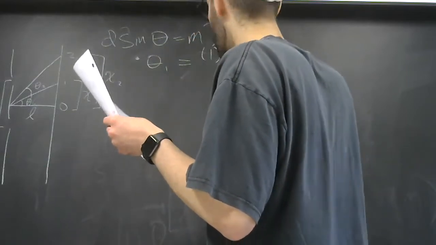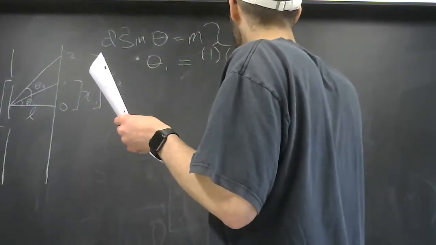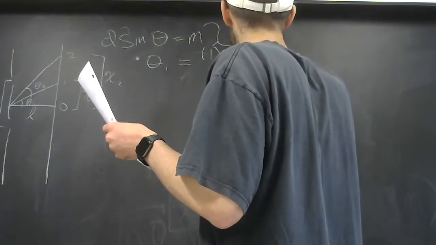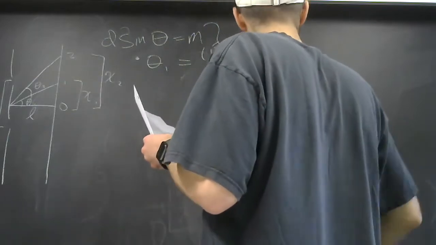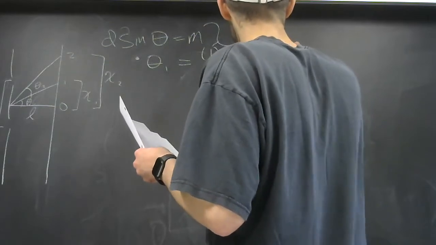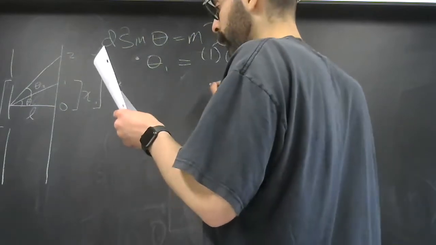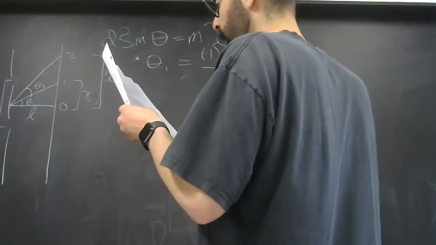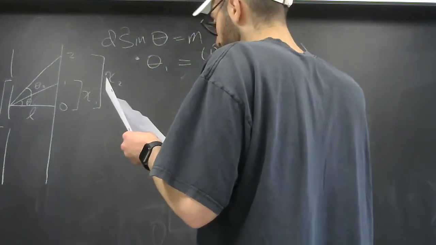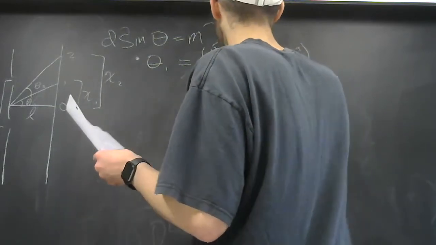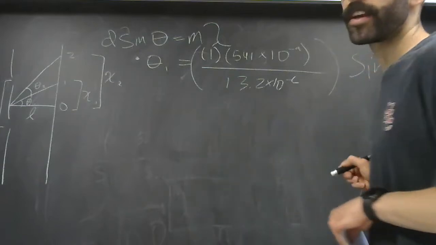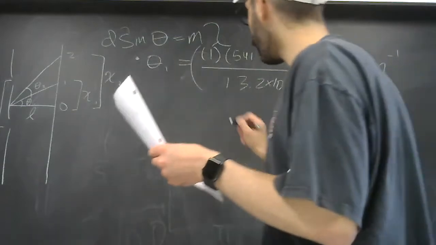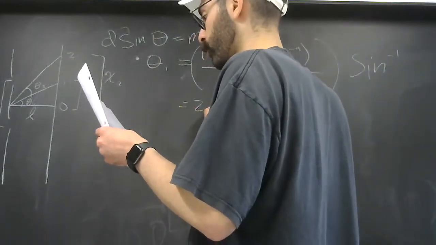So first order, the wavelength is 541 times 10 to the minus 9 divided by 13.2 times 10 to the minus 6. And again, I forgot my sine function, so that's going to be inverse sine right there. And theta 1 comes out to be 2.35,